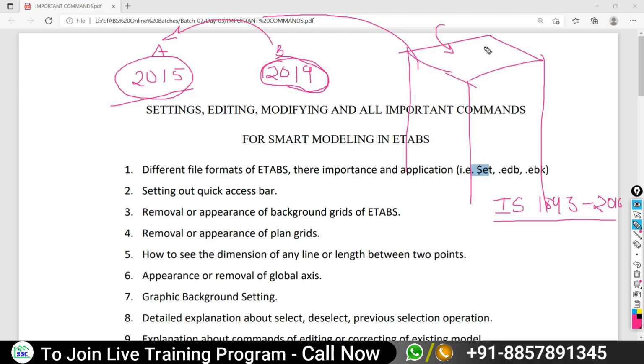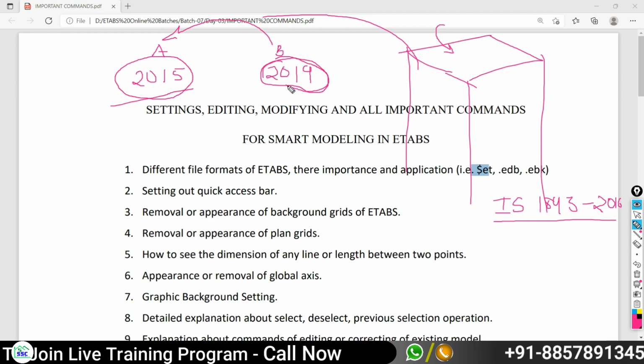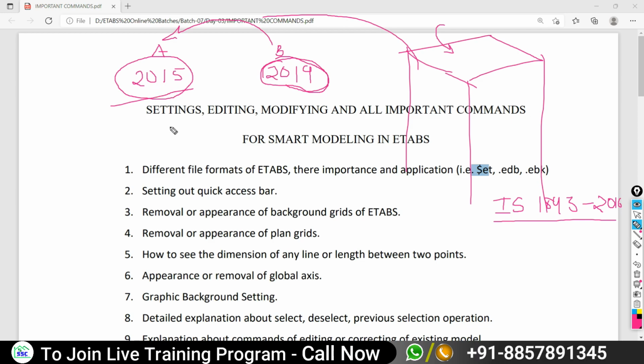Likewise, too many other options are available in 2019 that are not available in 2015. But if you need to open this 2019 version file in 2015, then what will you do?